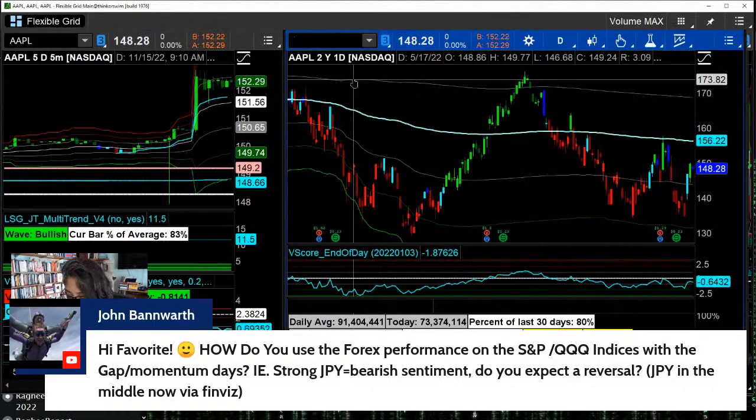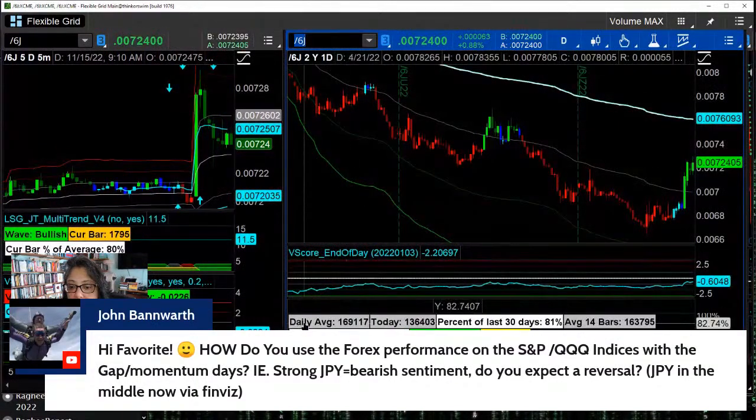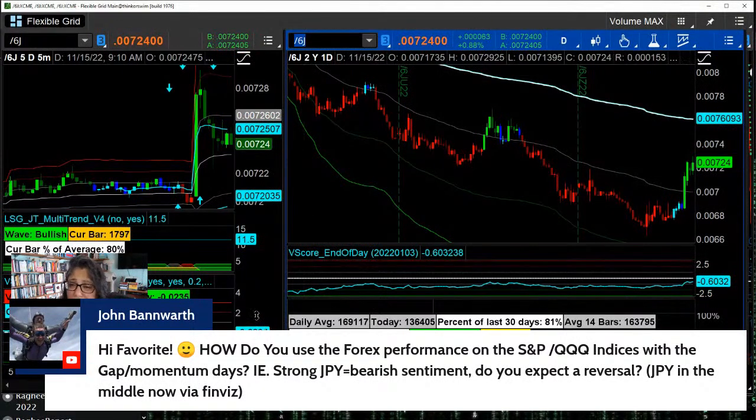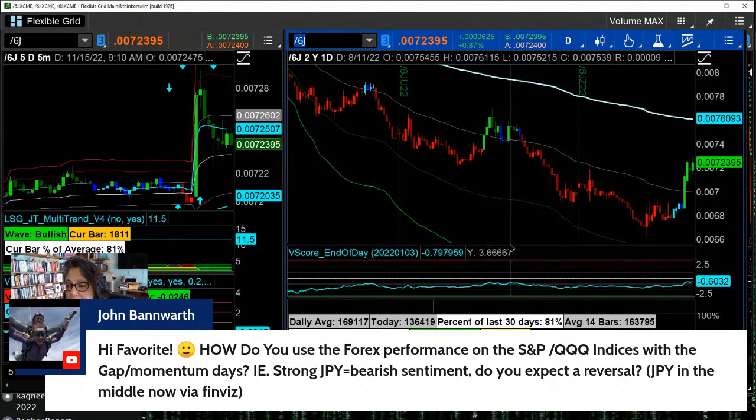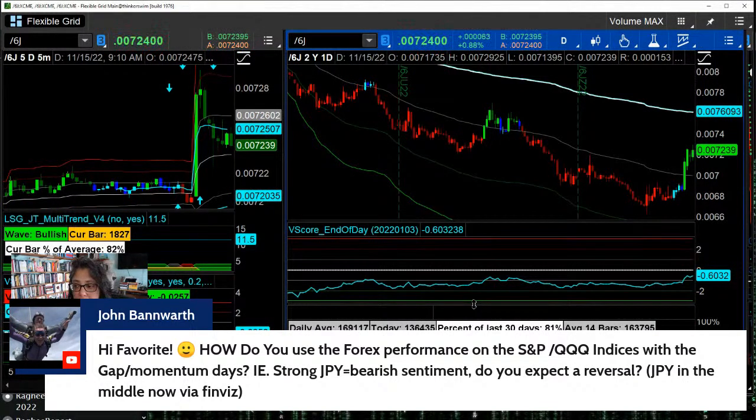So let's do this. I'm going to pull up the 6J. Let's go take a look here. And what I want to look at when I look at the 6J, now remember, these are currencies, and this is essentially the US dollar versus Japanese yen, but it's quoted with the yen as the base currency. If the yen is the first currency in the pair, or the base currency, which it is in the Forex, which it is in the futures, this is directionally representative of the yen. If the yen is bullish, this goes up. If the yen is bearish, this goes down, which, by the way, for my Forex traders is opposite with the